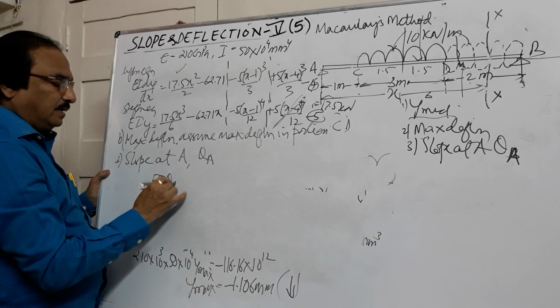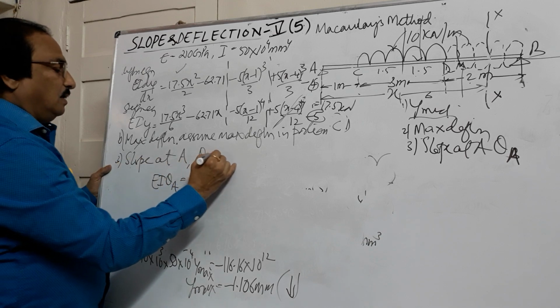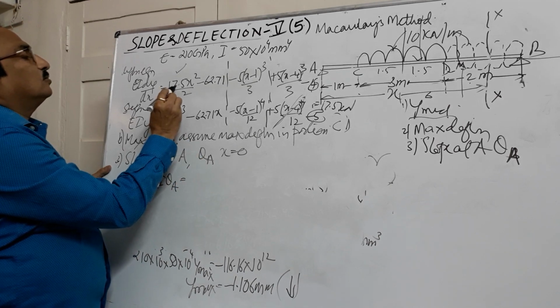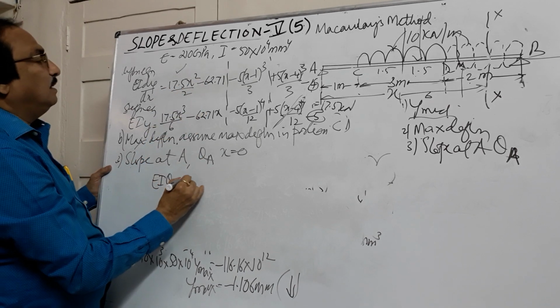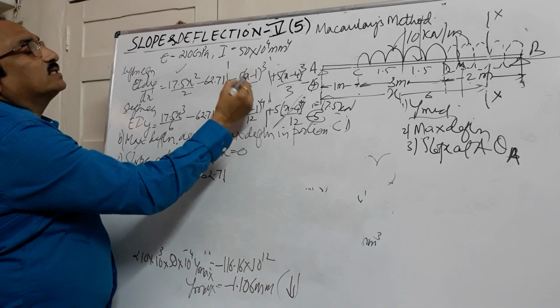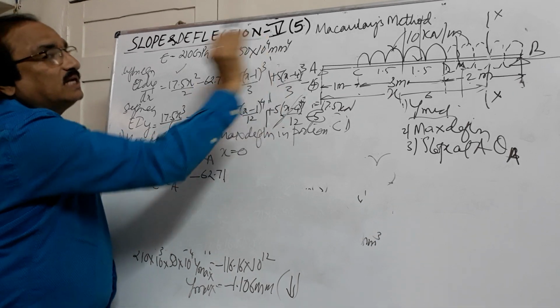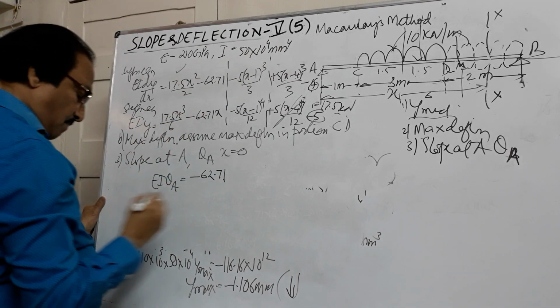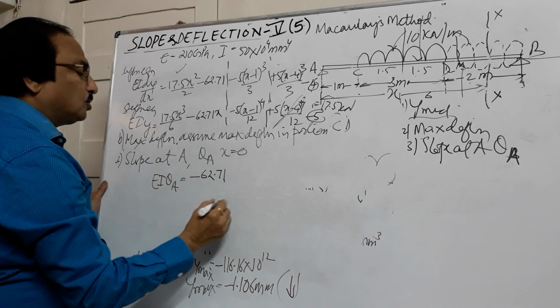EI theta A is equal to, that is x equal to 0. When I substitute x equal to 0, the other terms are negative, so we are left with only this one, theta is equal to minus 62.71